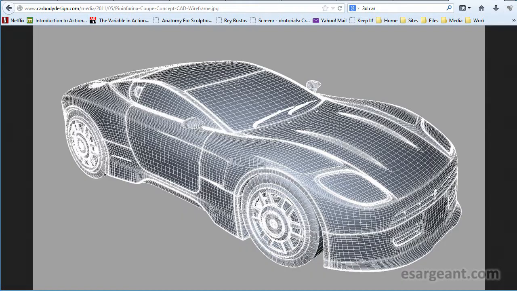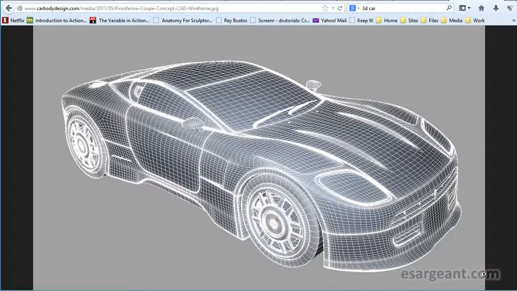And on the very extreme end you'd see something like this, which again, this is the smoothed version of something similar to what we just saw. And you can see how dense the wireframe is near the creases and around the details, especially in the wheels. And this is the kind of detail that you need to add in if you want to start smoothing your model. So in this tutorial we're really not going to be aiming to get this high in detail,